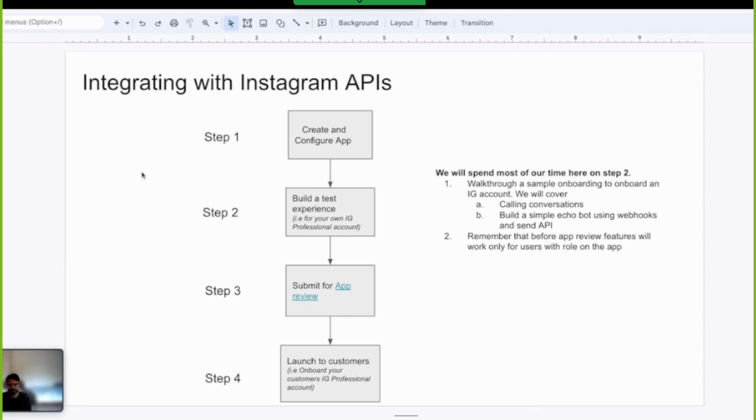The first step is creating and configuring your app on developers.facebook.com. Step 2 is building a test experience. Before you would launch your awesome experiences to your end customers, you would want to test out the end-to-end experience for yourself. We'll be spending the bulk of our time here. Whatever we discuss and go through will be applicable in step 4 when you broadly launch as well.